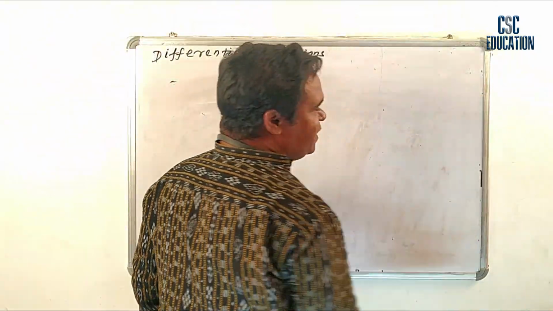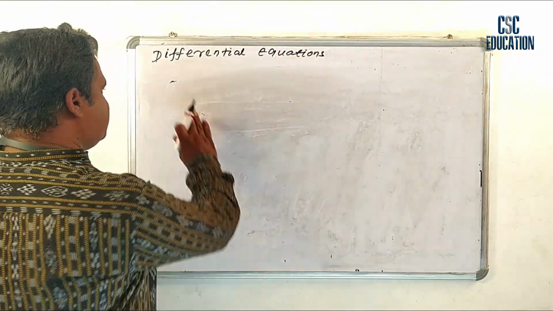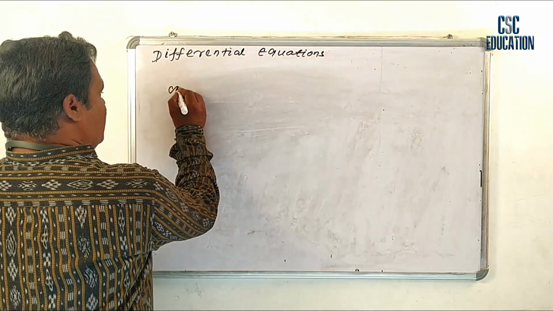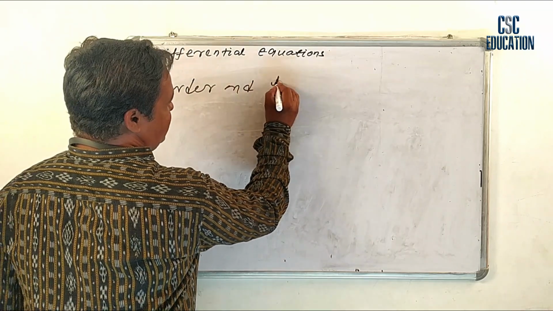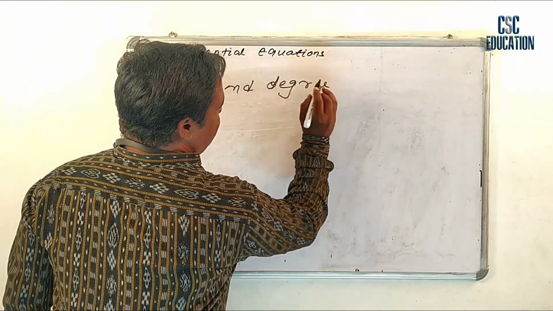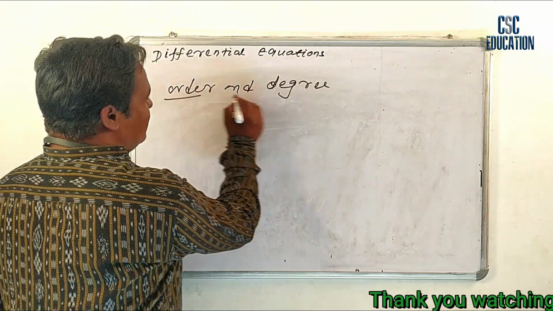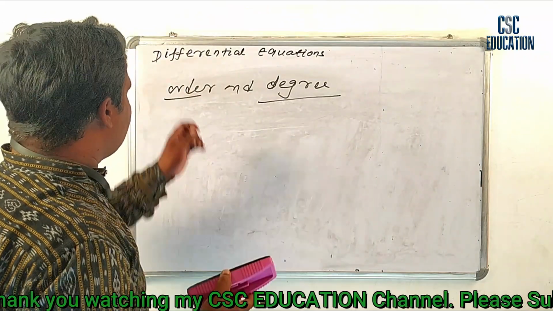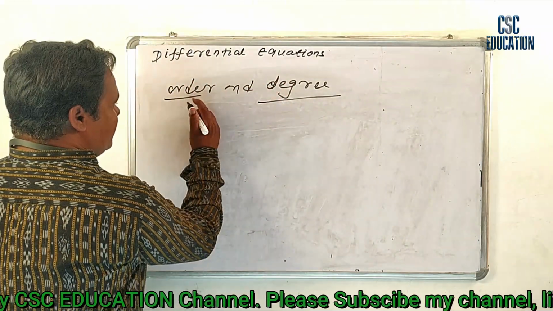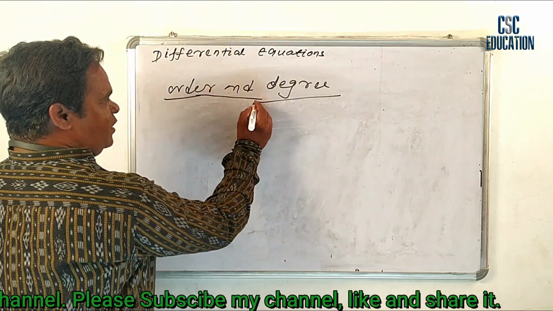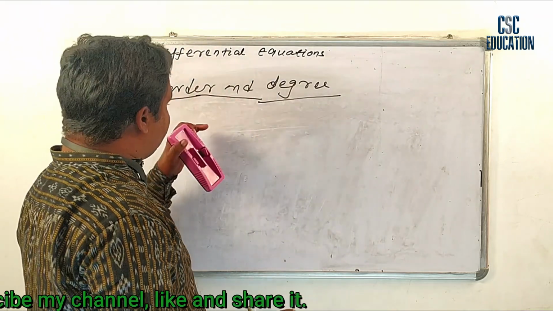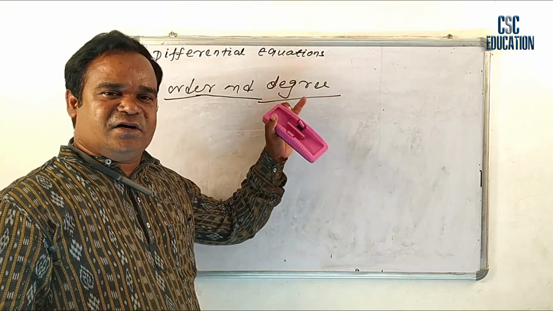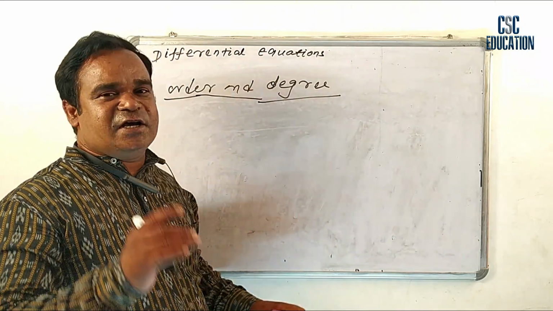Now, in differential equations, the most important topic for two short questions or any exams is order and degree of a differential equation. That is the most important part. Okay, what is order and what is degree? Okay, first of all, we know what is differential equation. Alright, in a differential equation, first of all, order: in any differential equation, the highest order derivative present in the differential equation is the order.